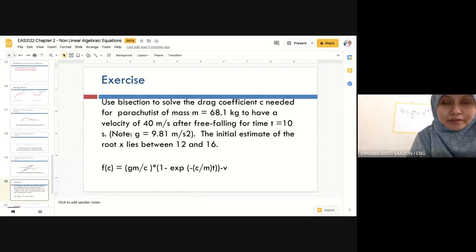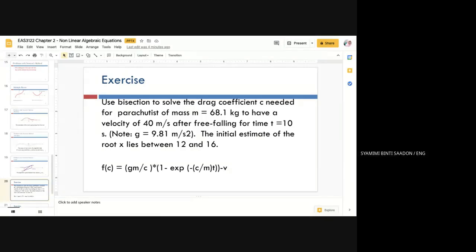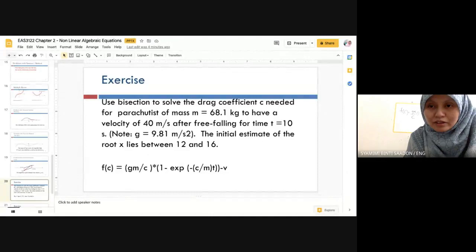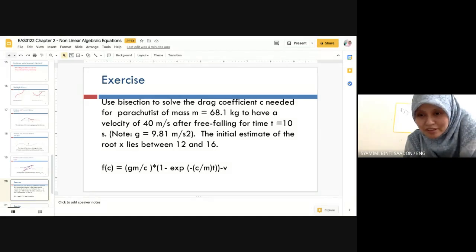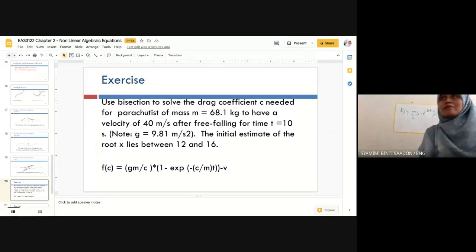Okay, ke everyone? Harsha, okay? Semua okay? Any questions? Okay, Doktor, tengah calculate. Okay, so calculate F12,